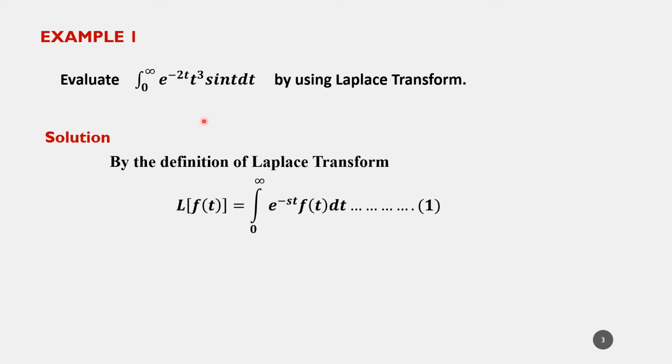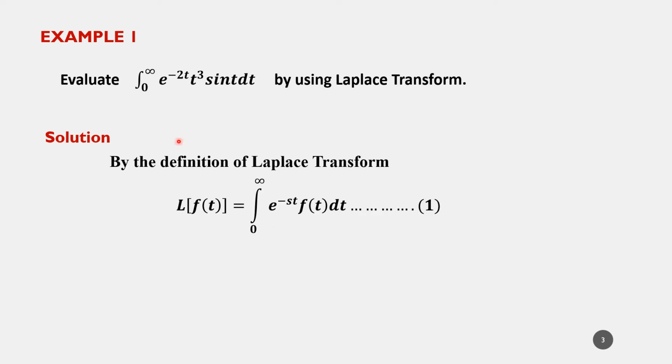For that, we know that by the definition of Laplace transform, L of f of t is integral 0 to infinity e raised to minus st into f of t. Now, we are given the right hand side part of this definition. Normally it is given L of some function, then we can use the properties of Laplace transform and calculate L. But here we are given the right hand side part of this definition, which means you have to convert this definite integral to Laplace transform and then use the properties of Laplace transform to evaluate this integral.